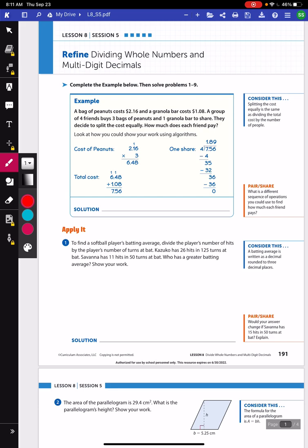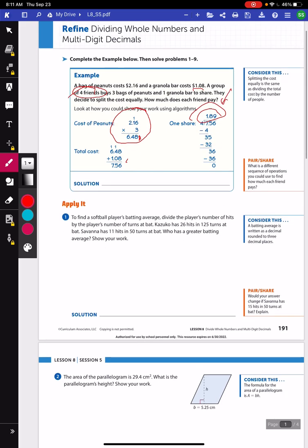Look at how you could show your work using algorithms. So we find the cost of peanuts by multiplying $2.16 by the 3 bags of peanuts. Then we find the total cost by taking that $6.48 and adding $1.08 for the granola bar. We end up with $7.56. Then we take that and we divide it by 4 for the 4 friends, and we get $1.89. So each friend pays